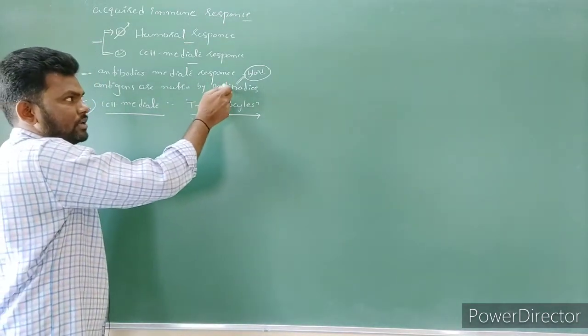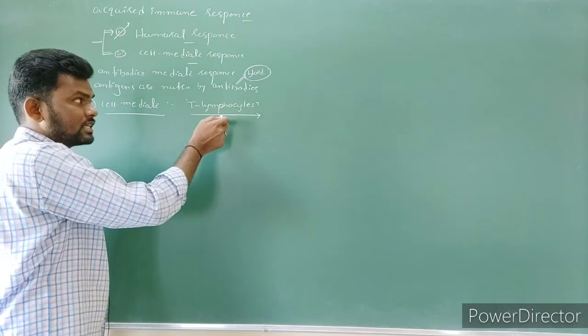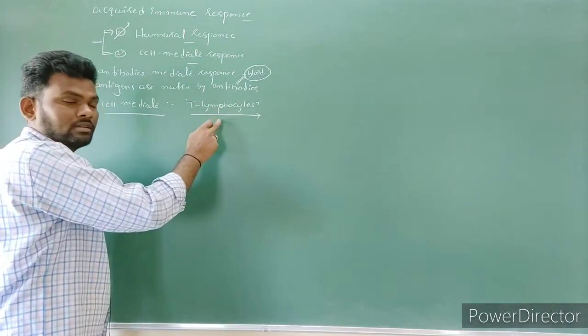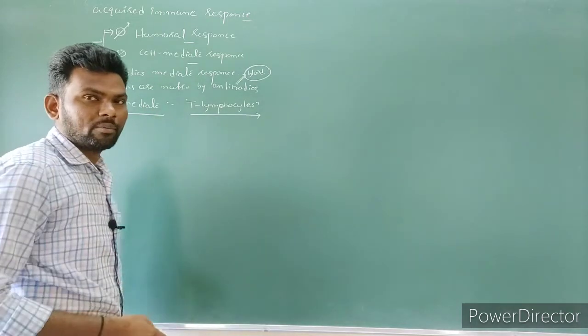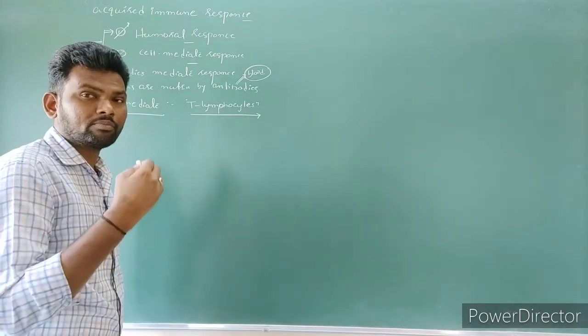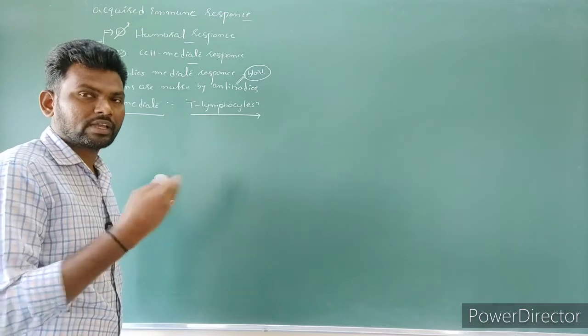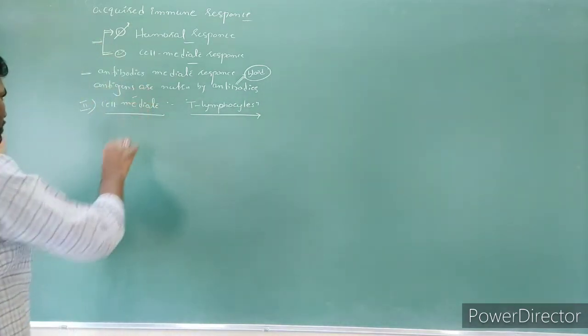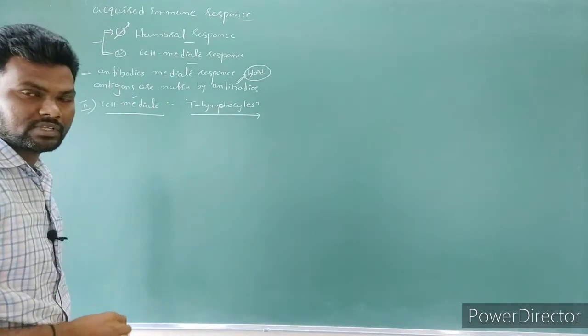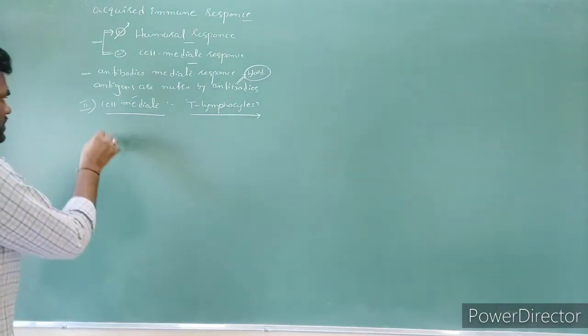Here chemicals bind with antibody, but in this case the T lymphocyte cells and natural killer cells directly attack the pathogen's living cells, releasing perforin proteins to kill the bacteria and pathogens. That is called cell mediated response,